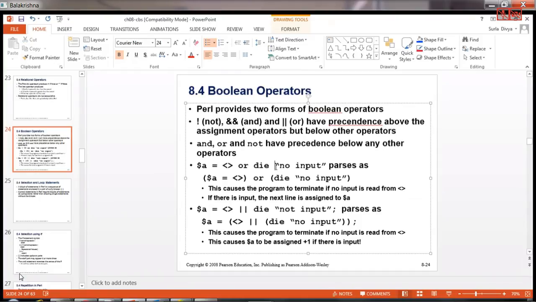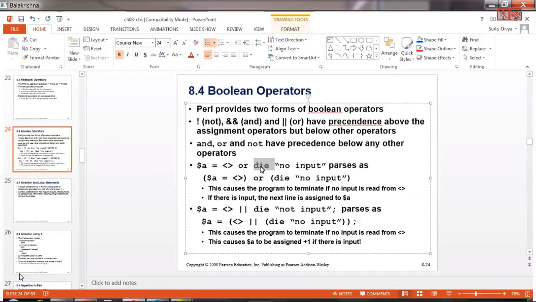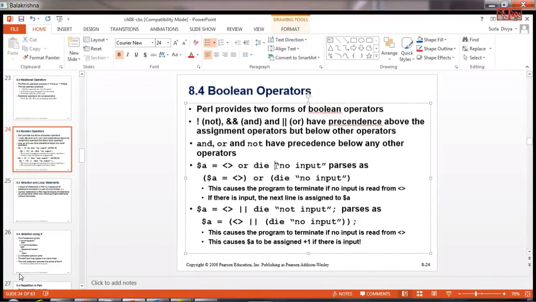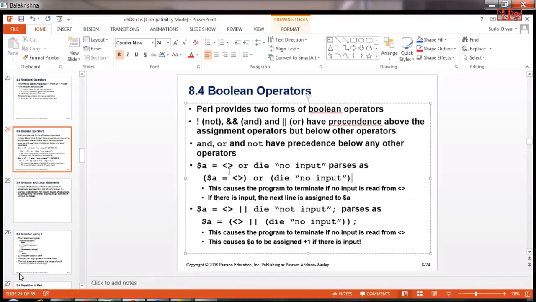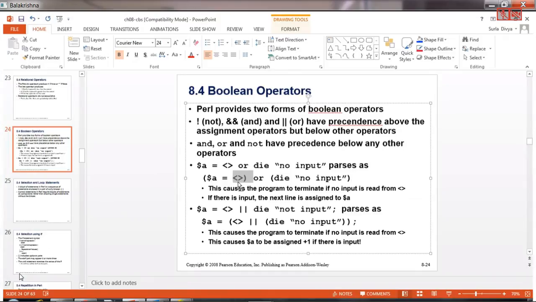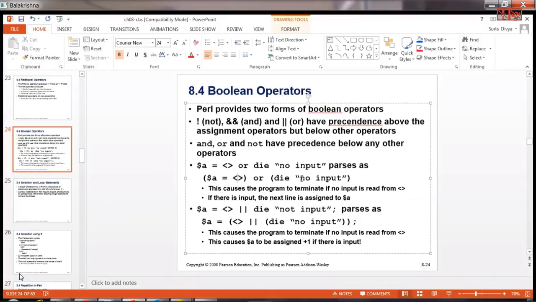Generally, whenever you are seeing any Perl programs, you see this kind of expression very frequently, or die, followed by some message, no input. So how this is treated is what he is trying to show. So here $A is equal to the standard input here, or die. This is how it is going to group them internally.